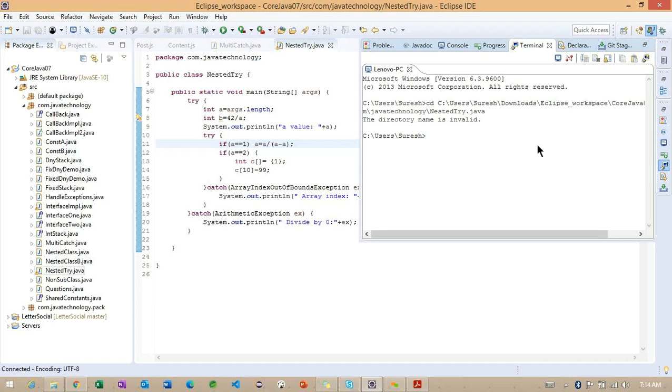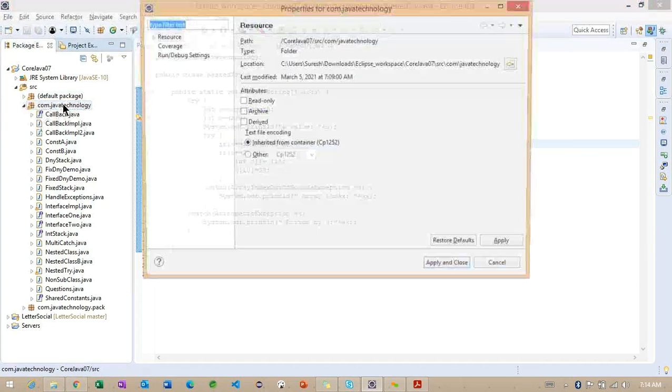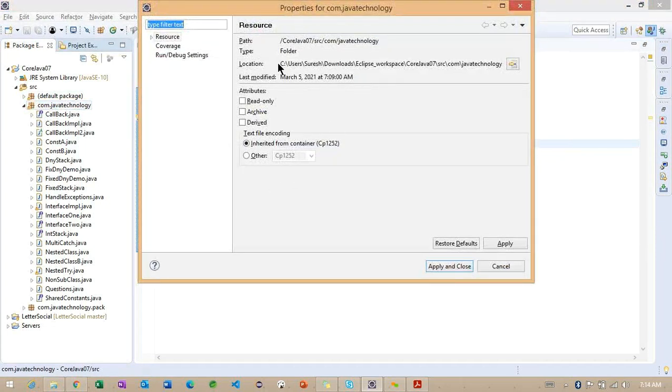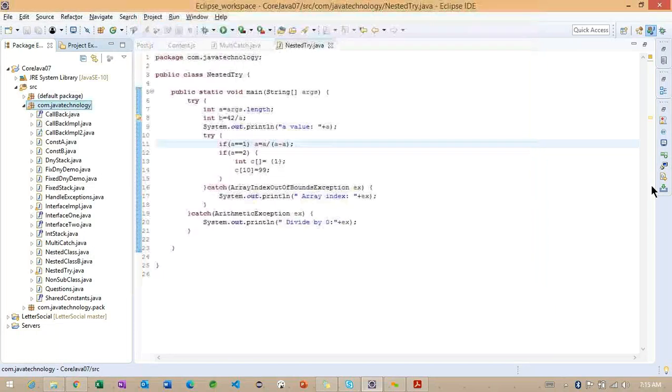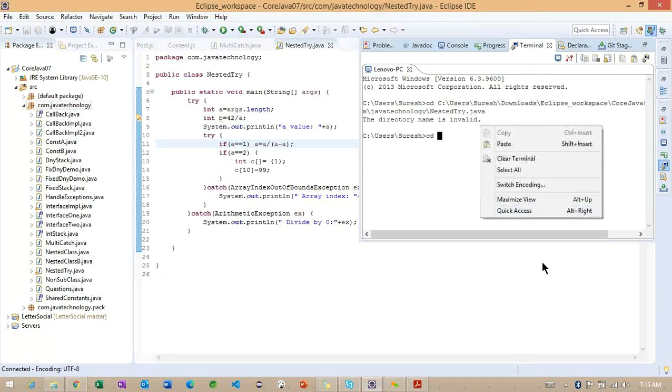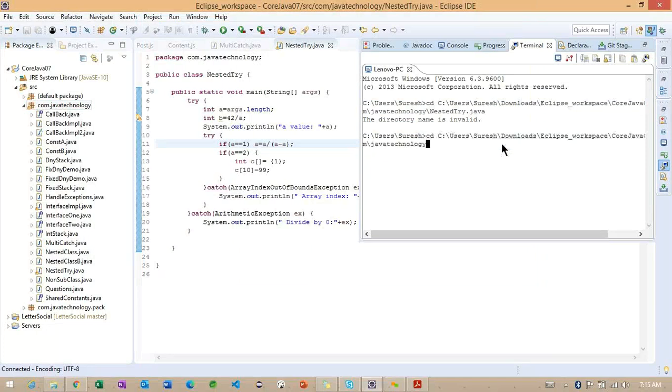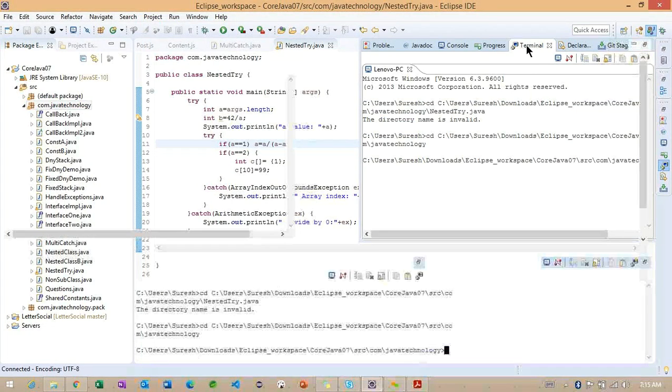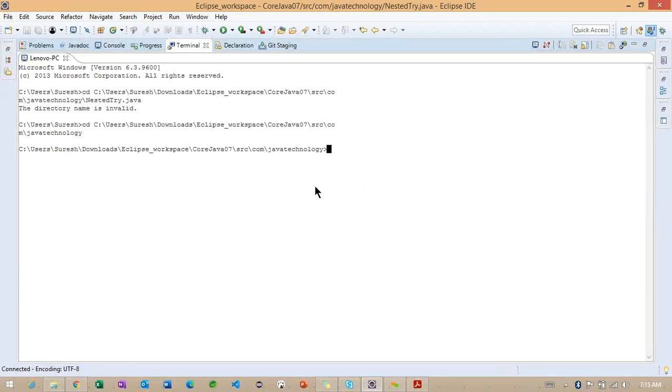What happened? Directory's name is invalid. Okay. Let me go for this particular directory. Now we are in the directory where our class is available.